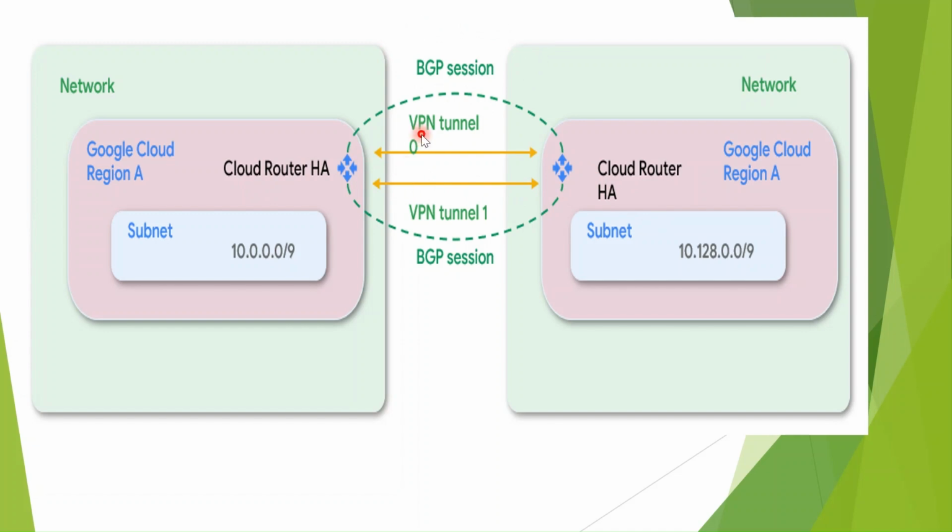In this, we are using two tunnels. Both can be active-active or active-passive. It depends on how you want to create it. Basically, whenever you use VPN or Cloud Interconnect, there is a Cloud Router. If your organization is using Interconnect or VPN, you can go to Cloud Router and see the configuration of that. In that, you will see all this tunnel setup.